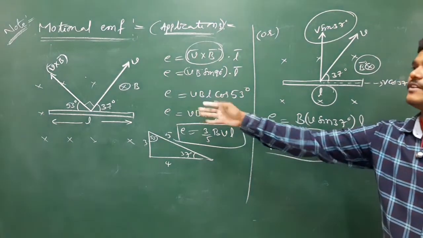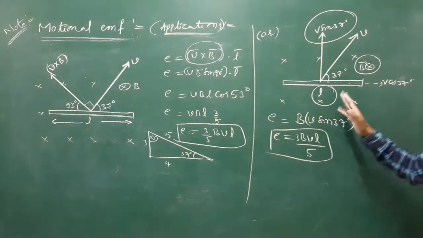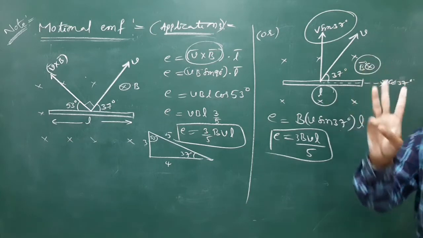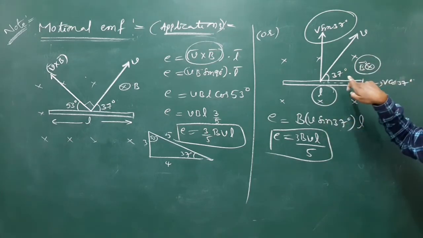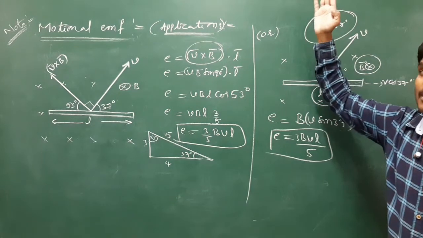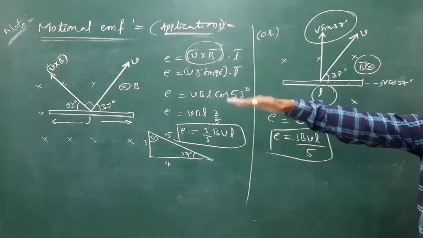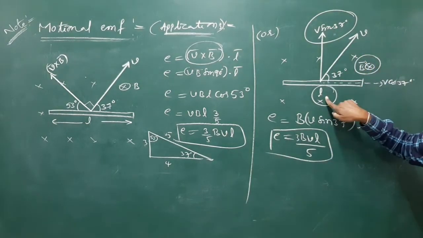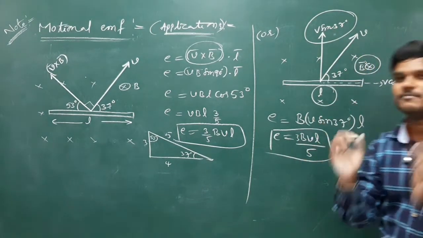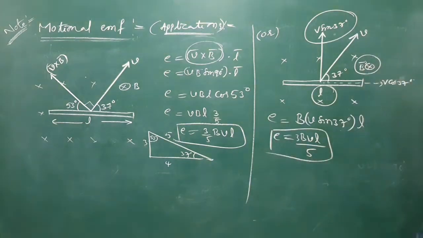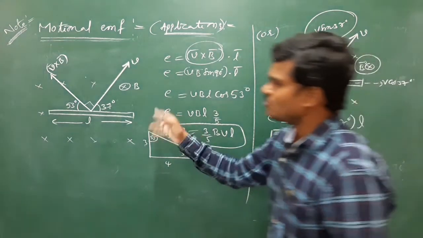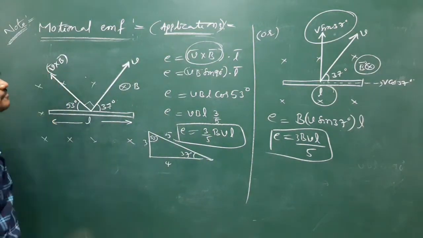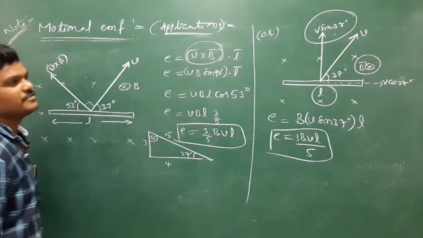In the earlier method we have to identify the direction of V cross B. Here there is no need. Directly we can write it; just identify the three perpendicular components. B into the board, V sin 37 upward, L horizontal. See how these three are perpendicular. If all are perpendicular, multiply them. The actual method needs the direction of V cross B, but here there is no need.